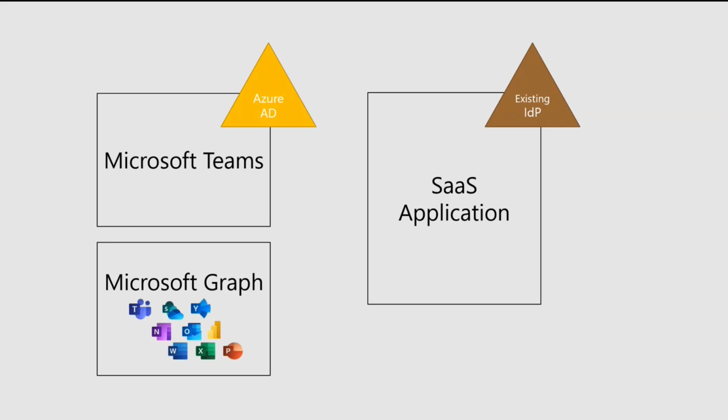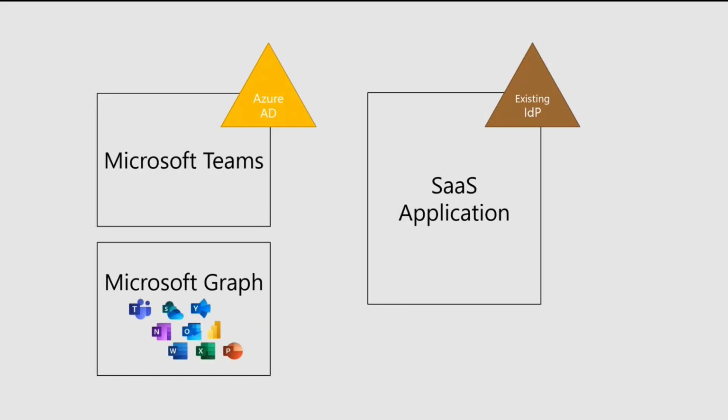Oh, that's another one I forgot. Another reason is so that you can call Graph, right? If you want to get anything about the user, maybe you want to check their calendar to see when they're available, or maybe you want to just get their profile. Well, obviously, if you're in the other island, you can't do it, right? So that's the challenge. And I'll call out some folks that I've worked with in the GPS team and the partner team have also run into this issue.